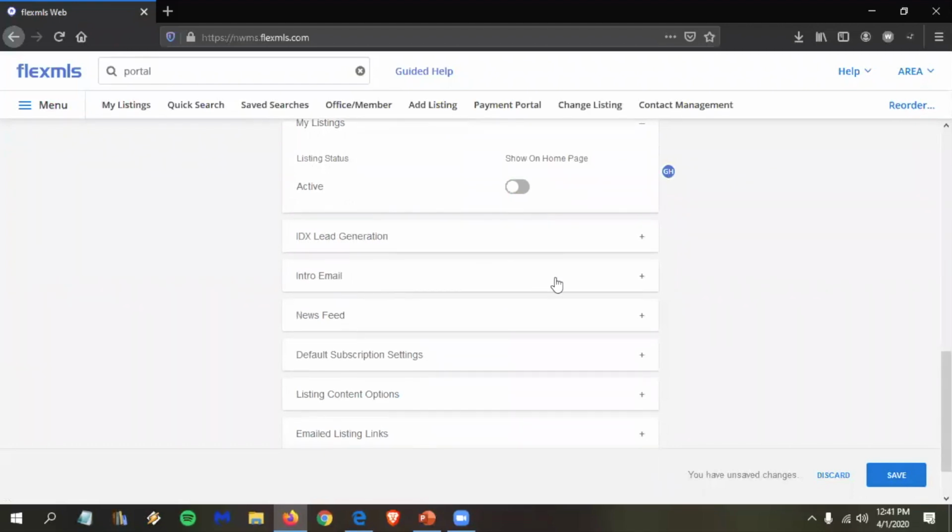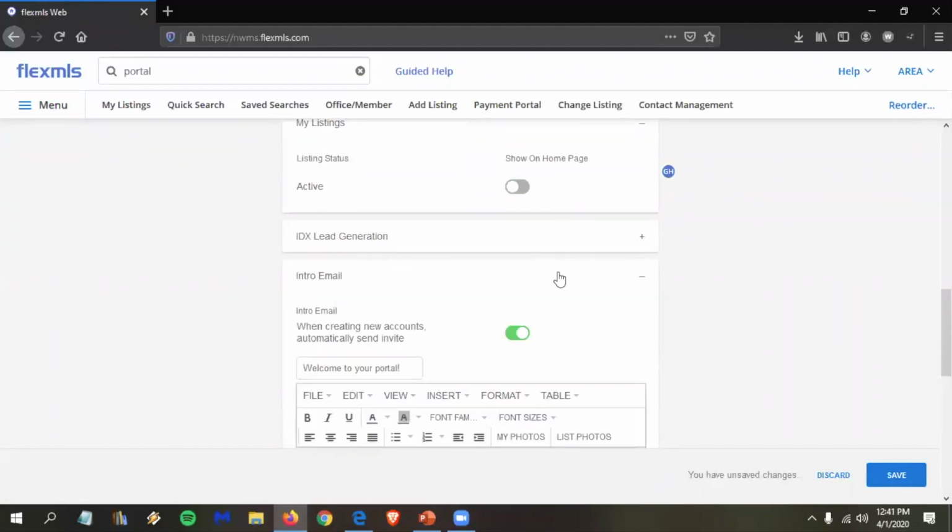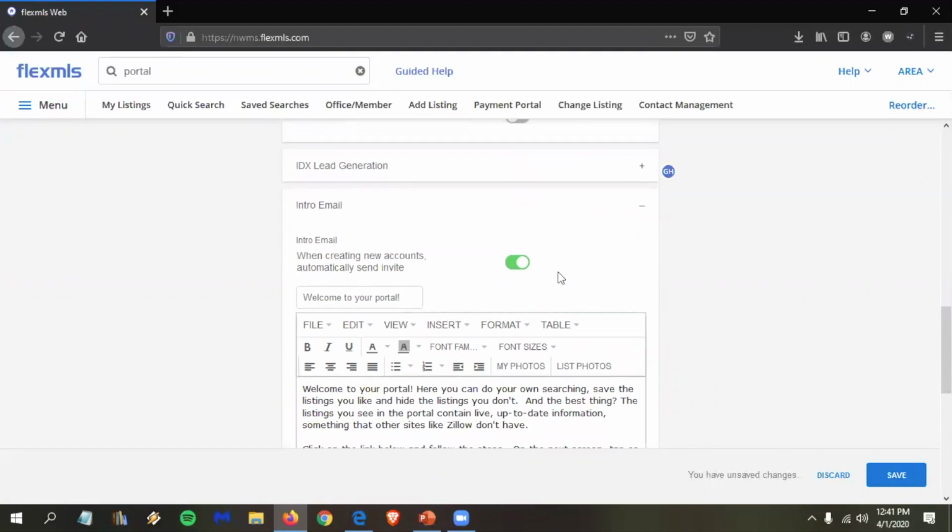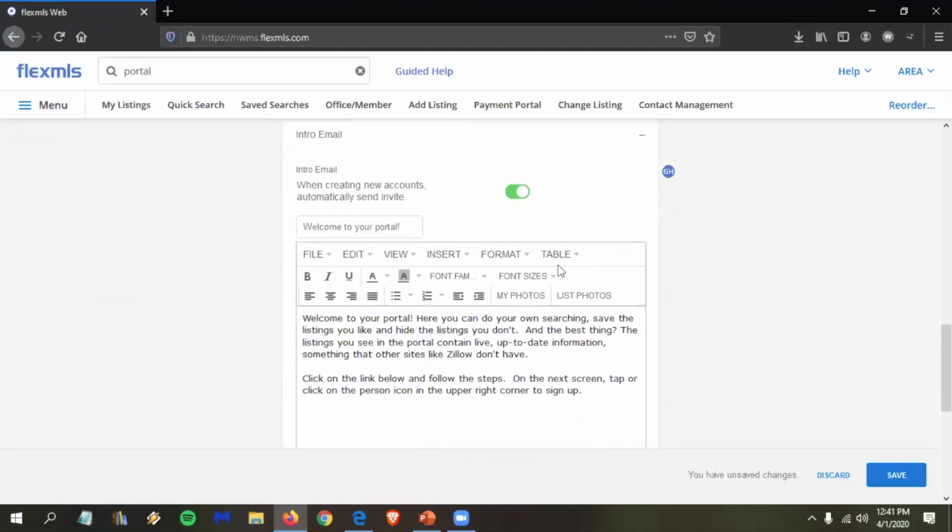Intro email. This one's really important. Now, if you go here in your portal preferences, you'll notice your message is different. Your message is very basic. I've updated my message to say things that actually explain what the portal is. So what you might want to do is, I'll give you a second, get out your phones and take a